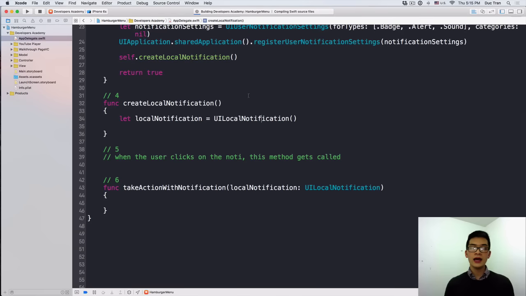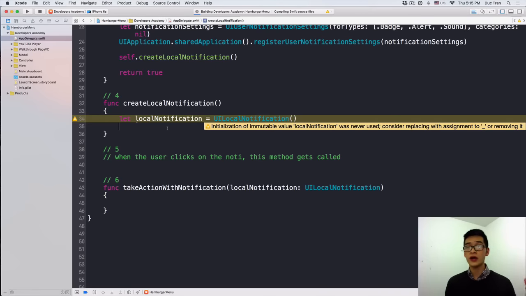All right. Next, we want to set the fire date of the local notifications. The fire date is when will this notification get fired. Okay. So we will do local notification dot fire date to be,